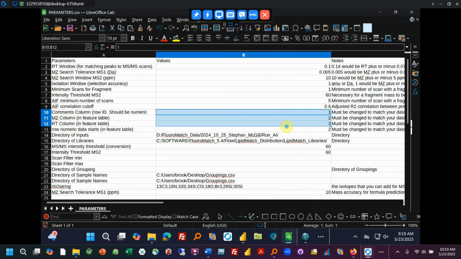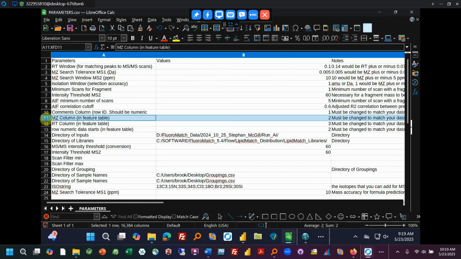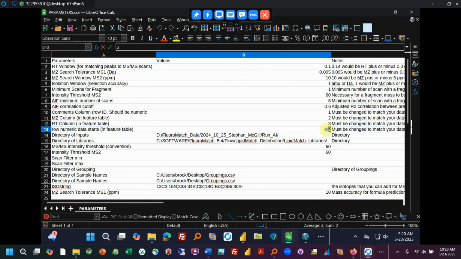These parameters are important, otherwise the code will error. You need to have the row ID, mass-to-charge column, and retention time column, and the row the data starts on correct. Again, this will always be 2. As we mentioned, you can only have 1 header, but these can change. So in our case,